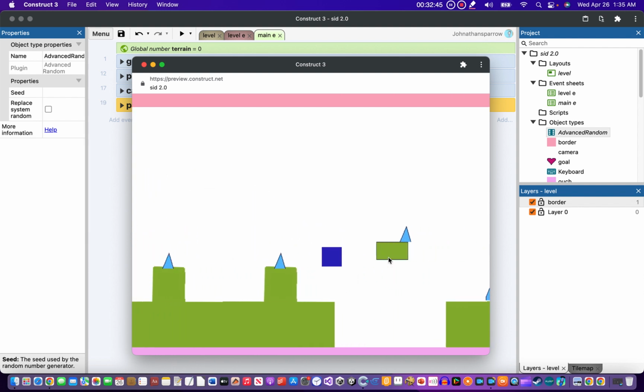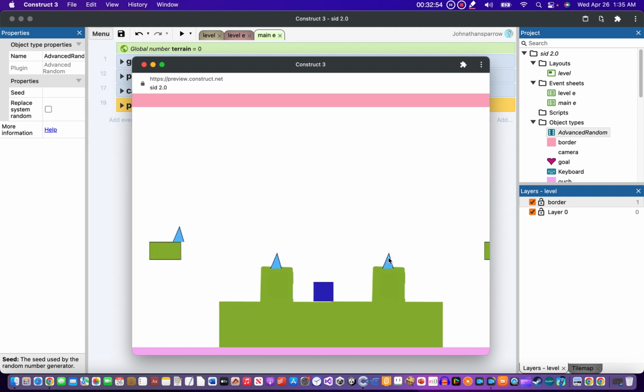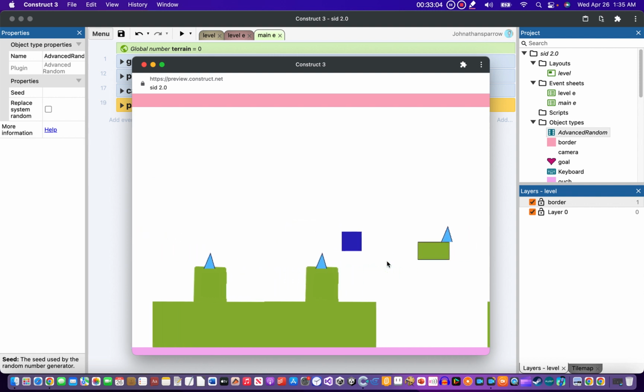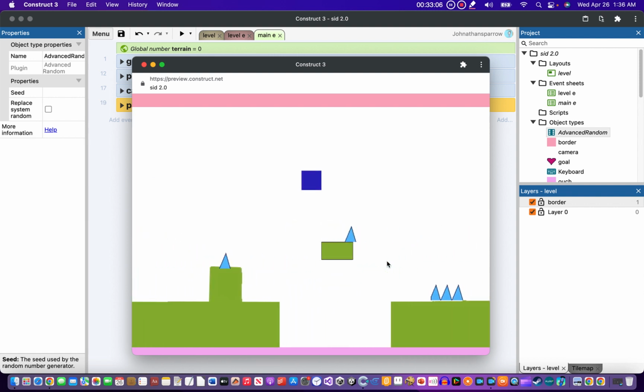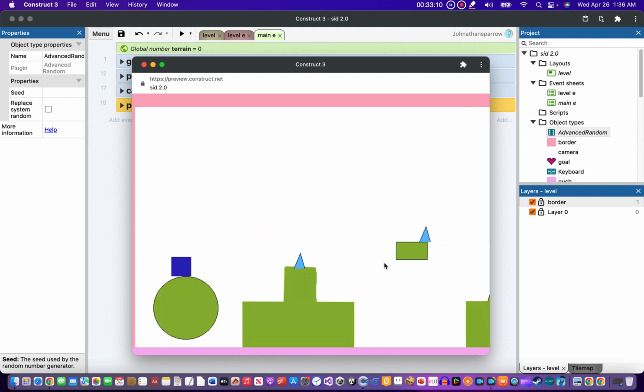Let me know what I should add, what I should change. If you have a suggestion on how many levels is too much, or how many levels I should set the limit to, let me know. And if you have ways of making this more efficient or changing some stuff,